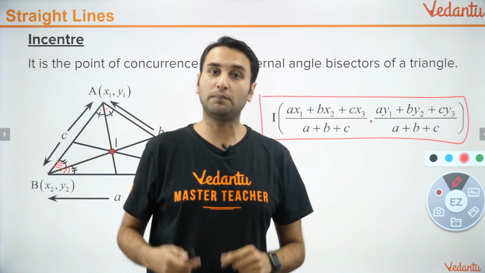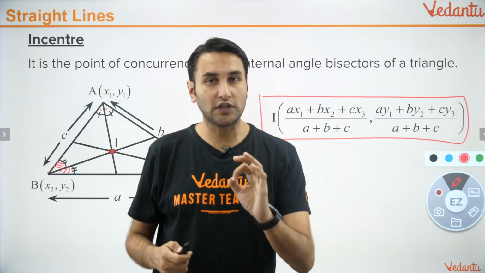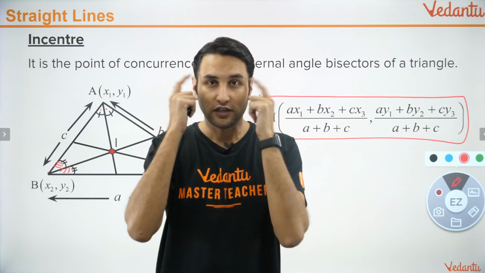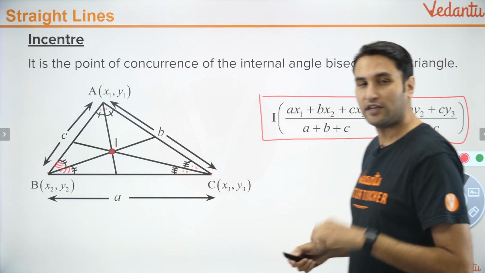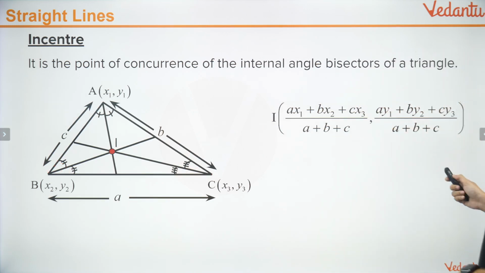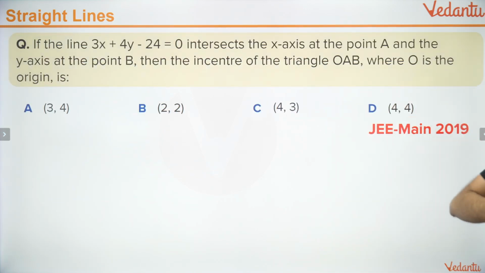But let's see how the problems of in center are. Trust me, you will not require the formula if you are smart. Let's see, okay, shortcuts. Correct? So this is in center. Let's do the problem. If the line intersects the x-axis at the point A and y-axis at B, then the in center of the triangle OAB, where O is the origin, is